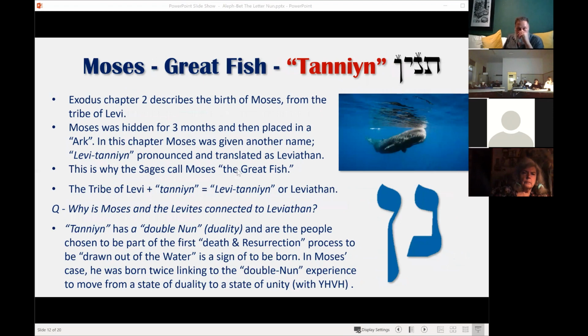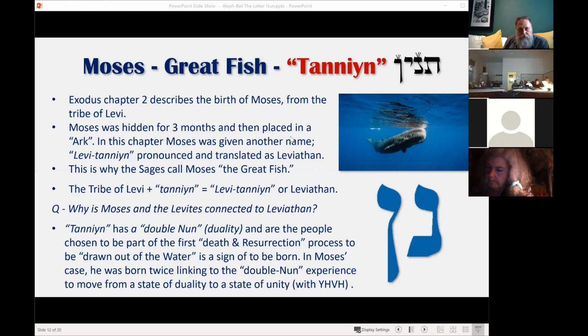So that's just something that links to Levi, and why Leviathan, which is the process of rebirth and bringing to a state of priesthood, has a positive connotation linked to Moses. And in Moses' name, as I said, Moses backwards is Hashem. So Moses and Leviathan is the process that reverts you back to Hashem, to Yahweh. So that's just a beautiful picture and some interesting facts around Moses' name and his connection to this big fish called Leviathan.